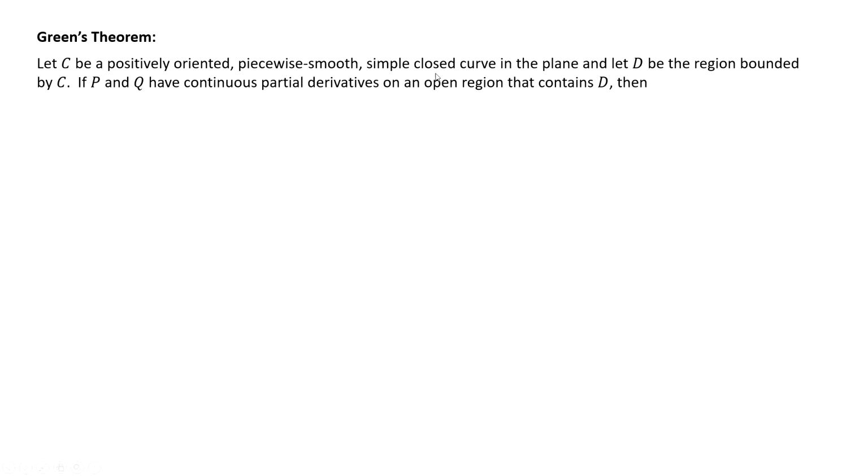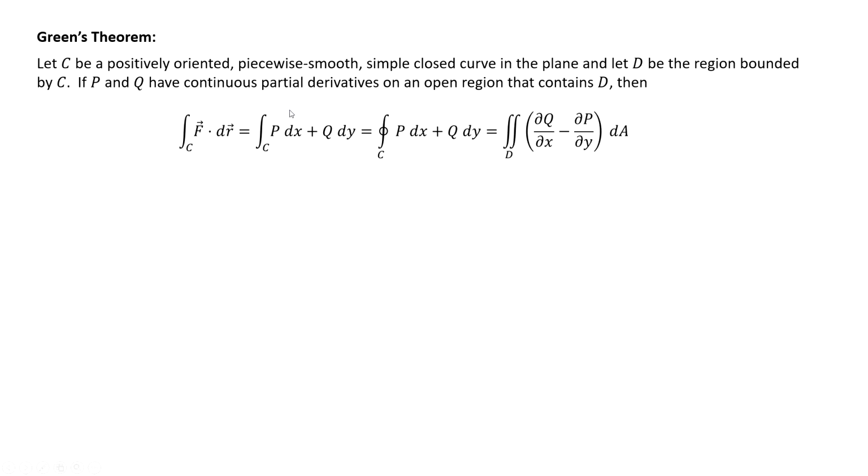Simple closed curve. So it has to be positively oriented, piecewise smooth, and a simple closed curve like the one that we saw in the previous slide in the plane, and let D be the region bounded by C, right? Just like in the previous slide. Then here is the key. If P and Q have continuous partial derivatives on an open region that contains D, okay, then this vector field